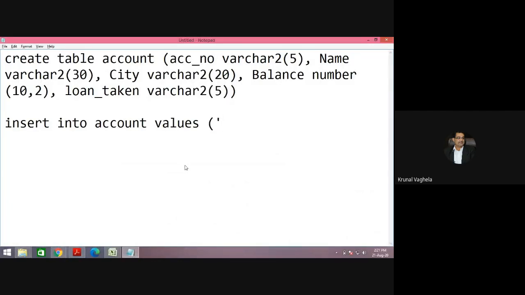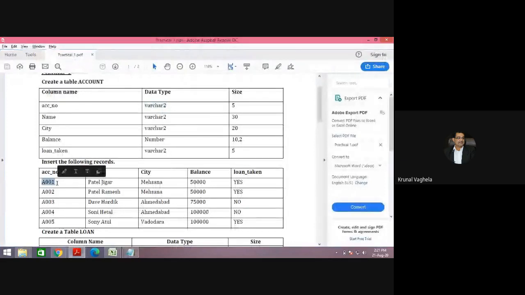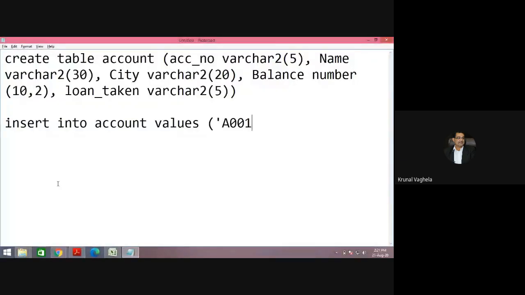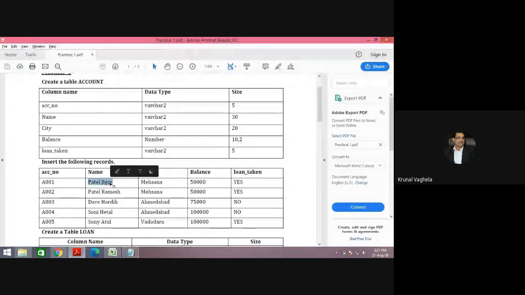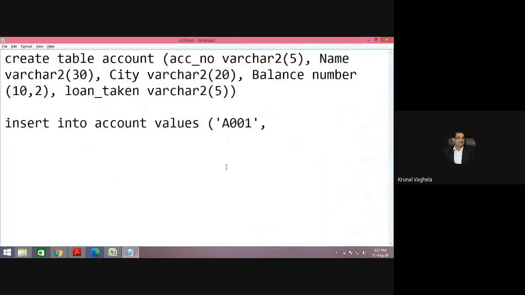So first is A001, comma, space. Second is name, single quote, because name is also a varchar2.